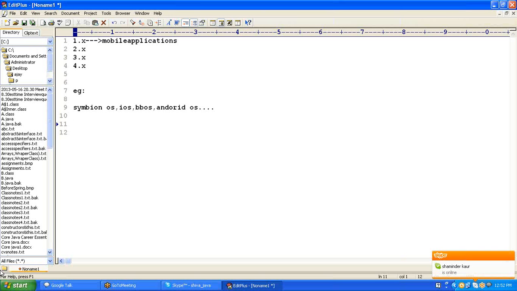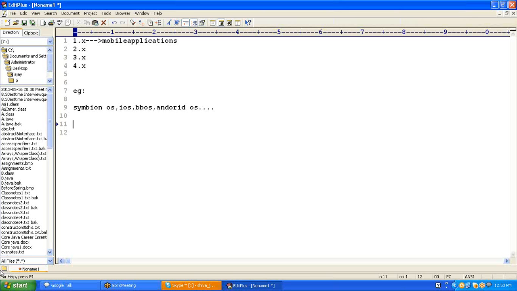The Android operating system was designed by Andy Rubin. Who developed this one? Andy Rubin, in the year 2005. In the same year, it was taken over by Google Corporation. Google established a new community called OHA, Open Handset Alliance, to introduce new mobile phones with new features for less cost in the market,